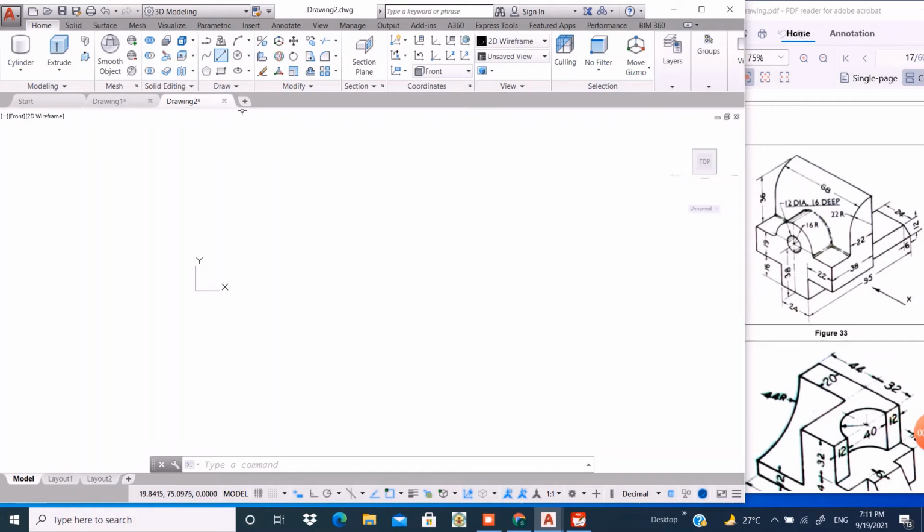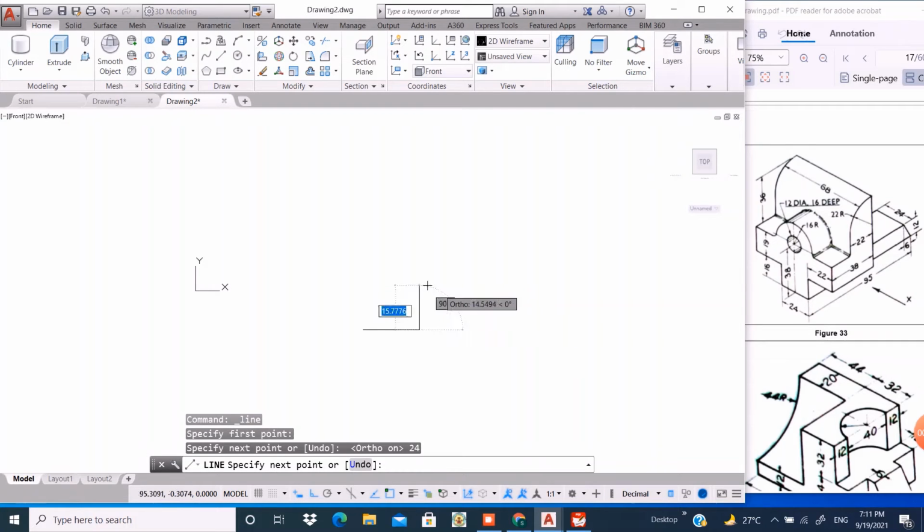So let's start. First take the line command, click here. Here the line is not perpendicular, so make it perpendicular. Turn ortho on, click here and type a distance of 24 units as given in the figure.